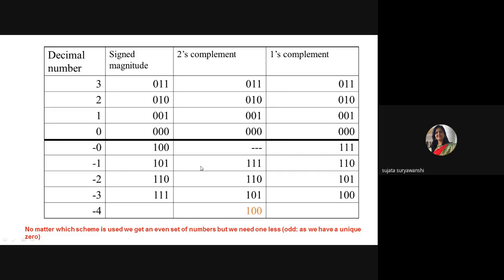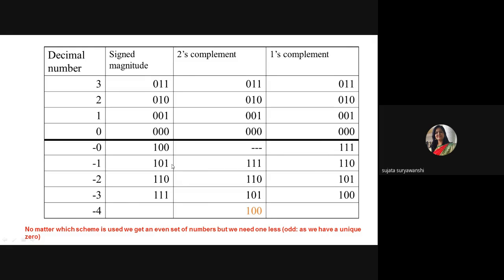Now for minus 1, here at the MSB bit, you can see 101 is there. If the number is an unsigned magnitude number, then the decimal equivalent of this 101 is equal to 5. But this number is sign magnitude and the number is negative, that is minus 1. So here 1 represents the sign. It is not representing any magnitude. This 1 represents the sign of the number. It is equal to minus, and 01 is the magnitude, that is equal to 1.